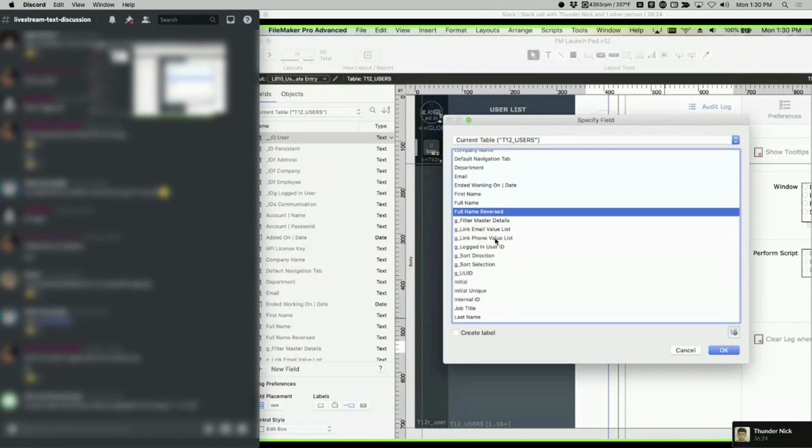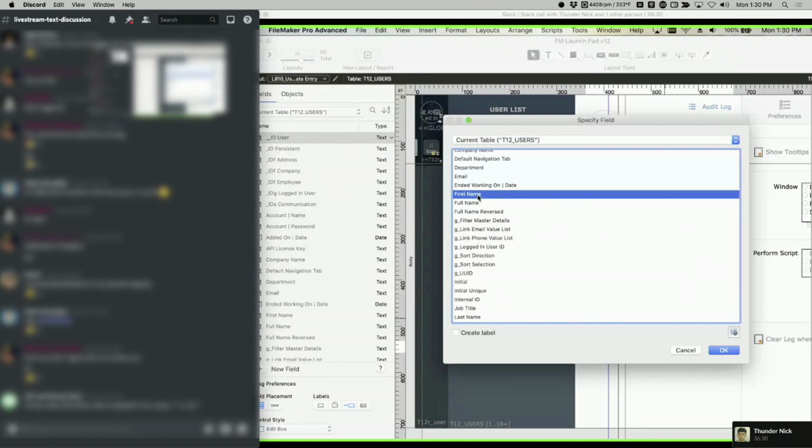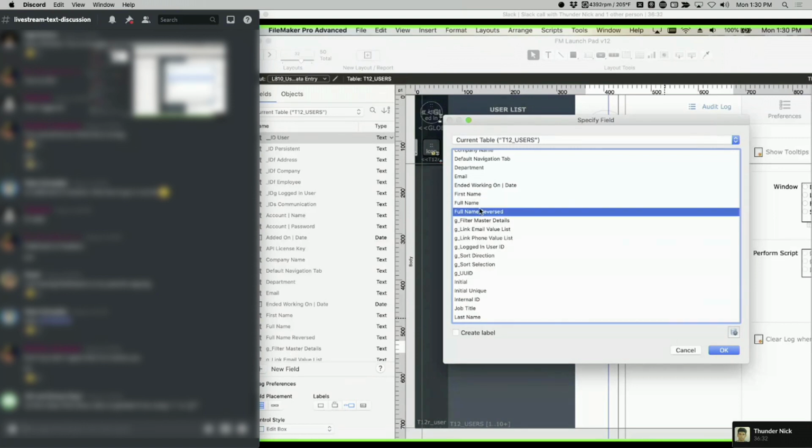Correct. You can have first name, full name with spaces. You won't break anything if you do that, because I'm doing that all the time myself. You have to encode the spaces and things like that. Correct. Yeah. Okay. But it doesn't mean that for every single field of every single table of every single file you build, you need to remove the spaces,